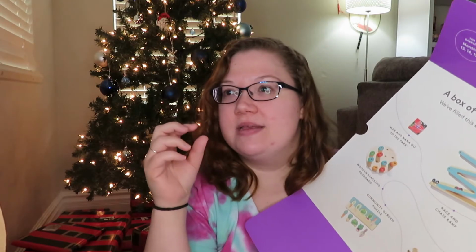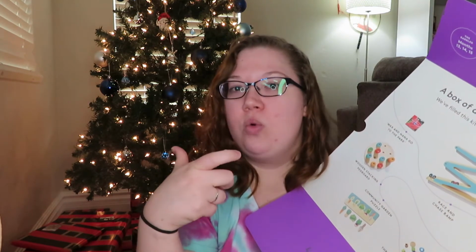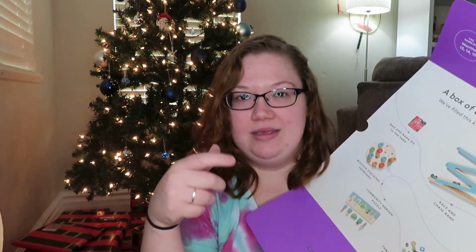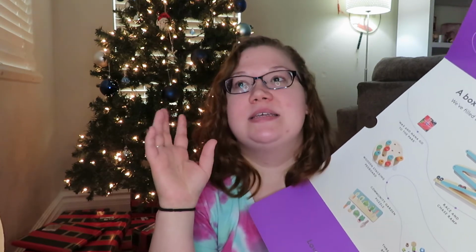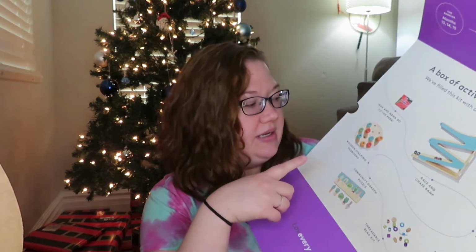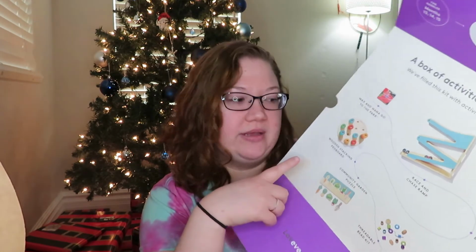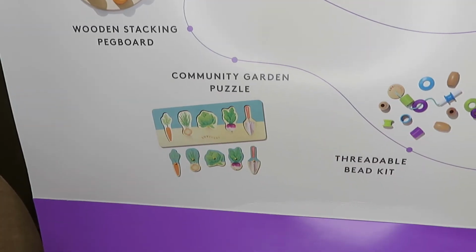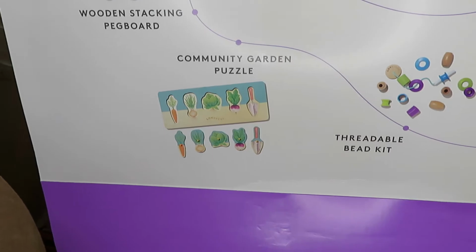He currently has one that I think is like Play School, where it's one stacking area with the rings. It's blue, green, yellow, orange, red, and it goes from bigger to smaller, and he loves that. And this is going to, I'm assuming, have more pegs to stack, and then all the rings are the same size. We have a community garden puzzle, which is perfect because we don't have any puzzles for him yet,